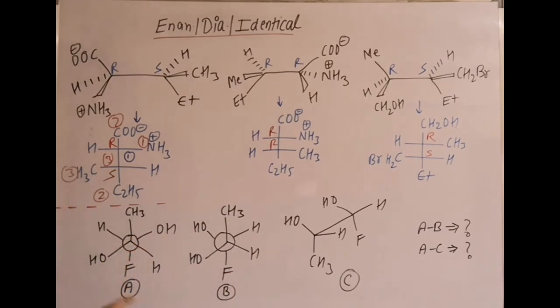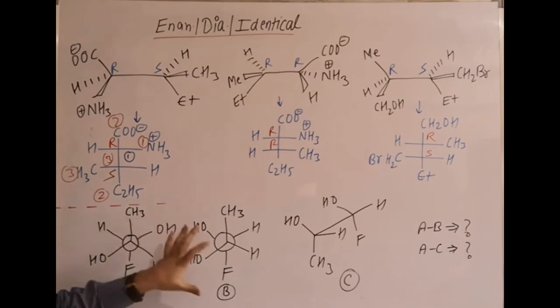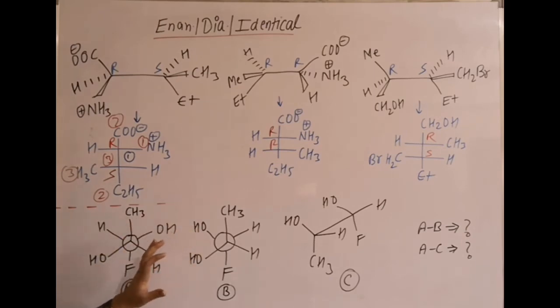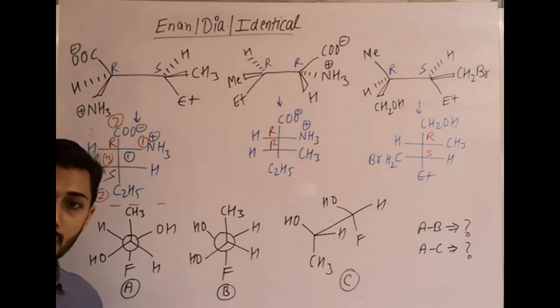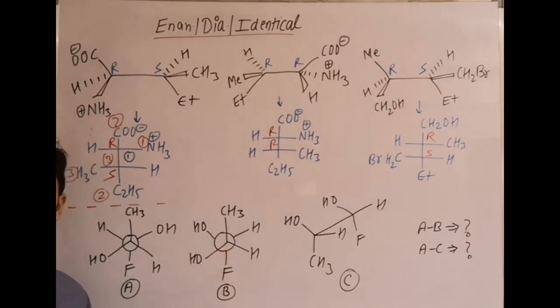Then one more example for you, where three structures A, B, C are given. Find the relation between A and B, and A and C. These two have the same arrangement of groups, they are stereoisomers, but we will say they are configurational isomers, not conformational, because chiral centers are there. If chiral centers are not there and Newman is given, then we mention conformational. But if chiral centers are there and Newman is given, we still use the term configurational isomers, because the front carbon and the back carbon are both chiral.